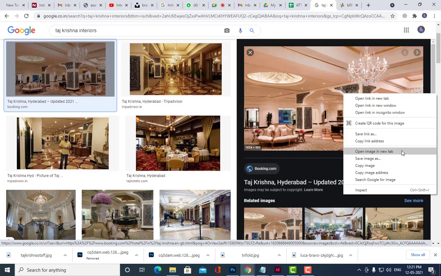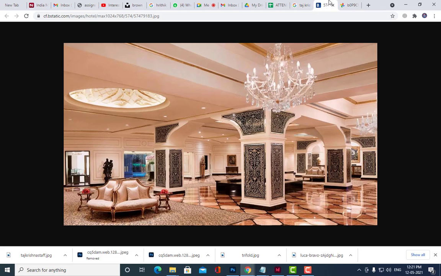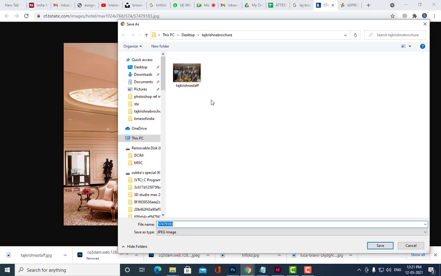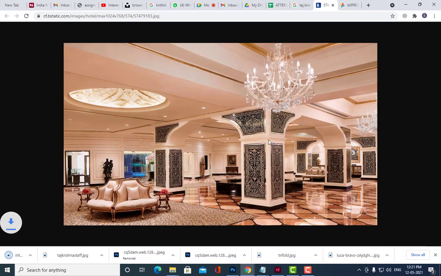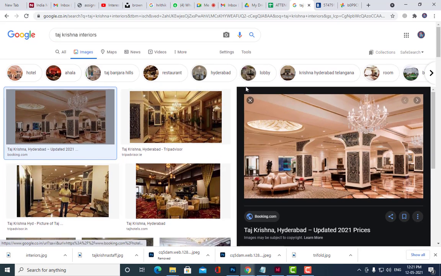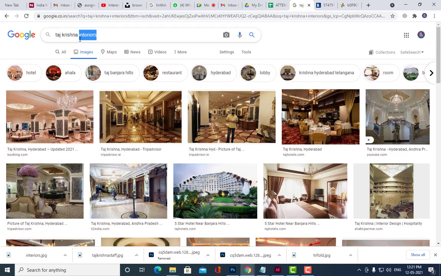So we'll just save these images. Once you save these images, once we got the image, we can also get the images for the back side. First we'll just take pool.